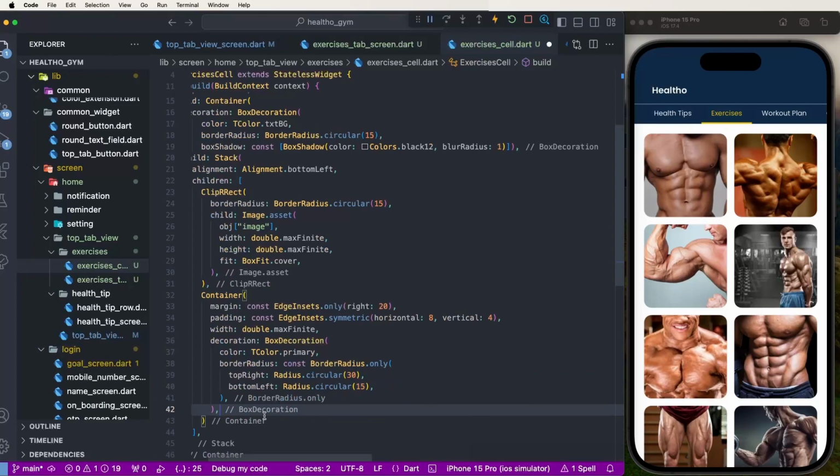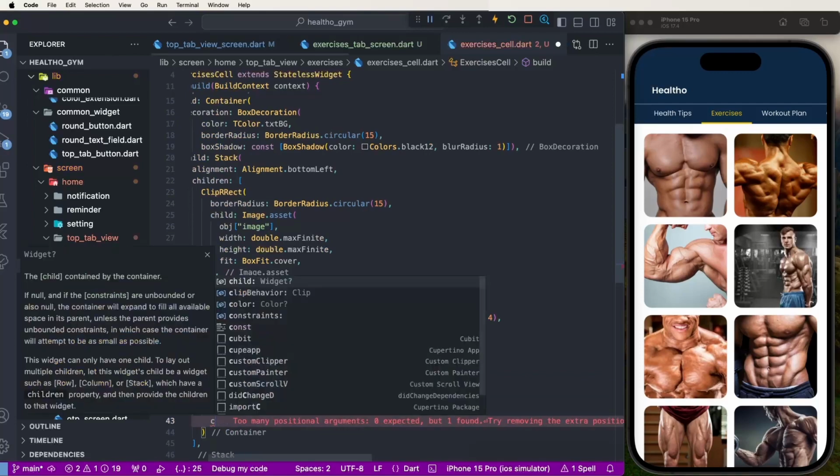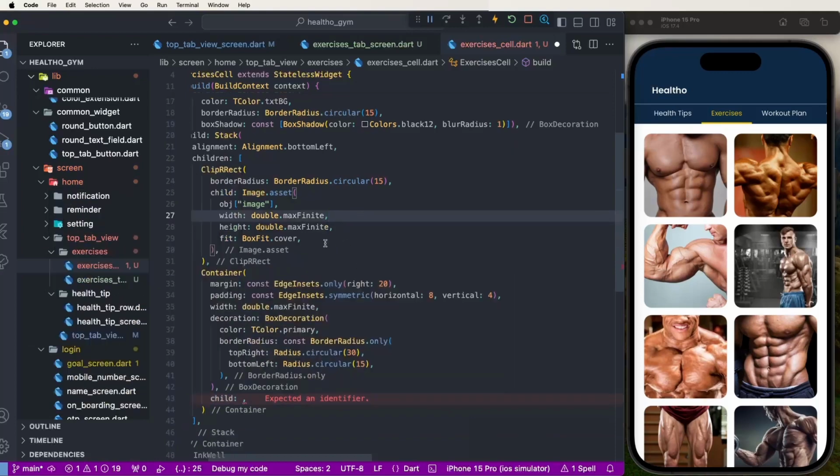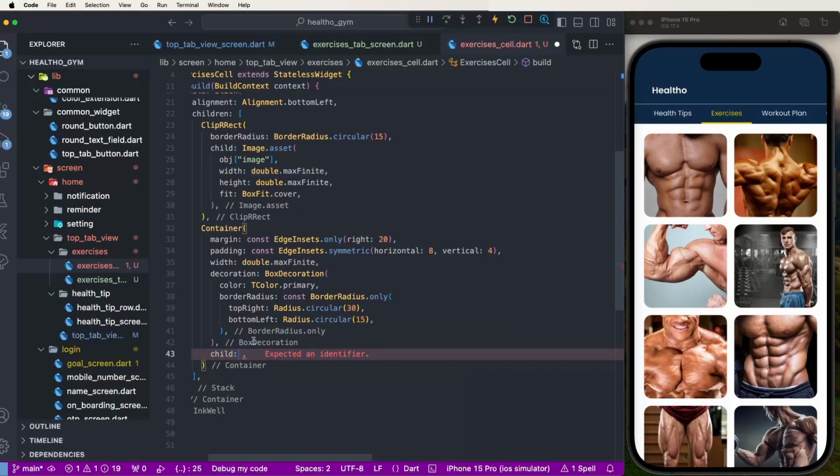And now we need to create the children like this, and configure the Column,